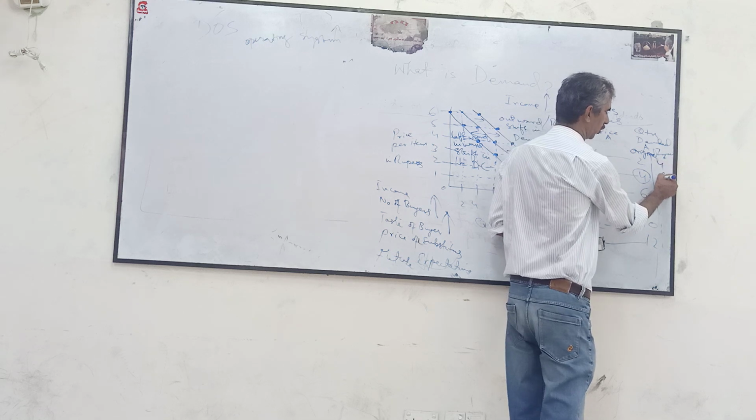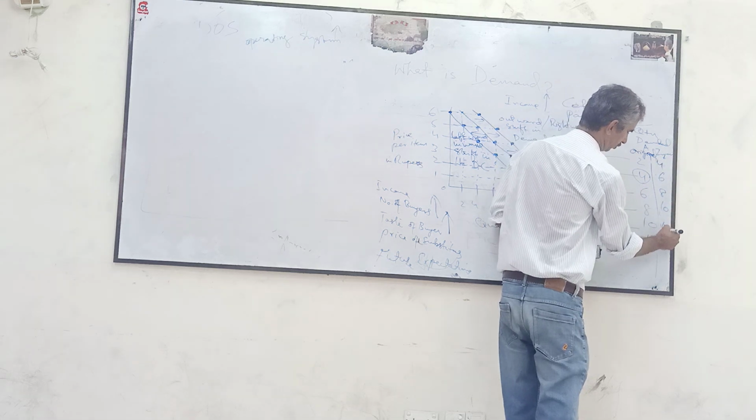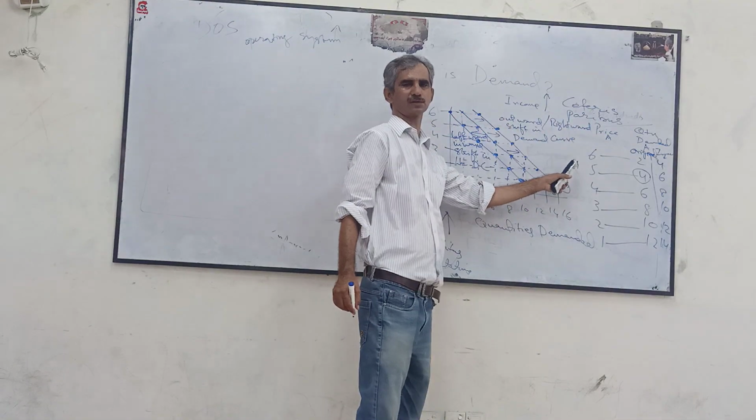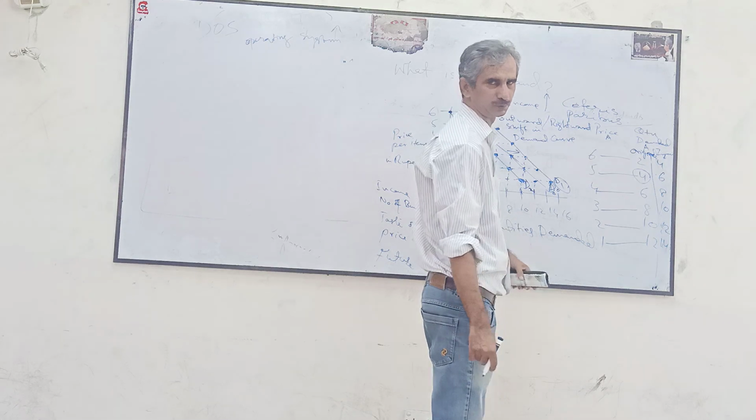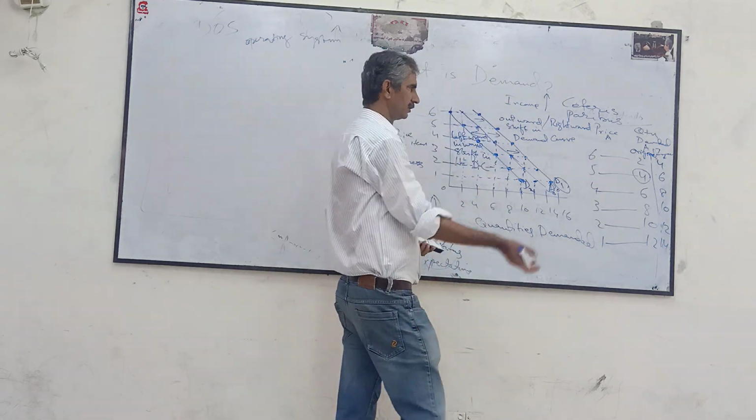I will prefer to buy more: 4, 6, 8, 10, 12, 14. So we have this line B1, which means it will shift the demand curve towards the outward direction, and the